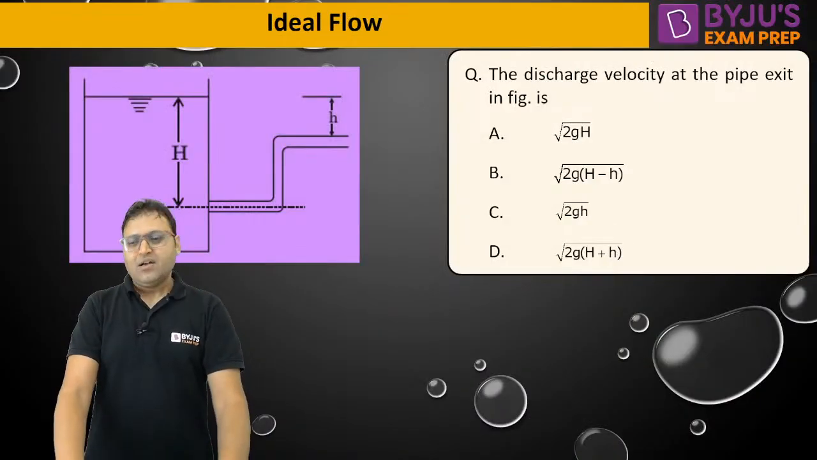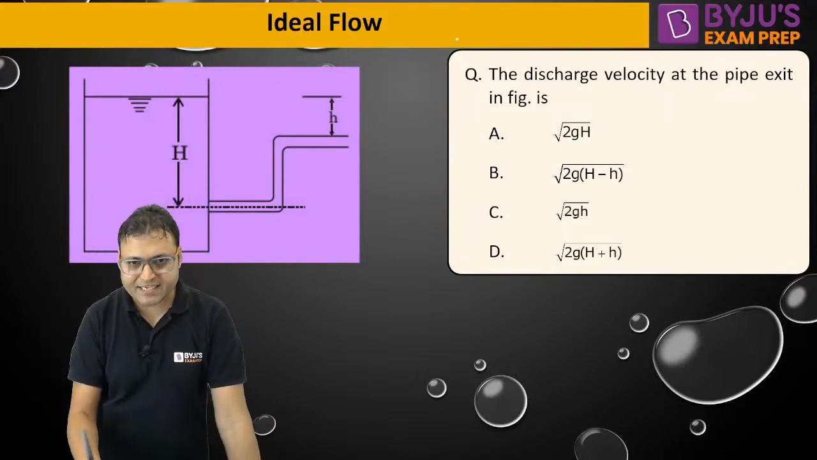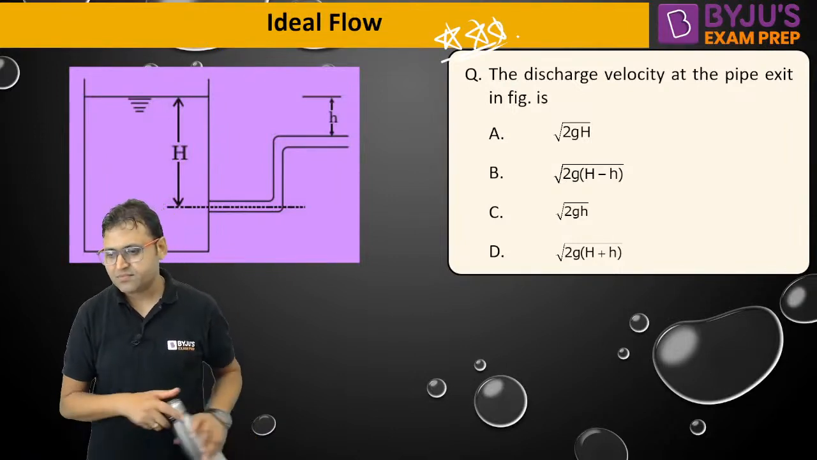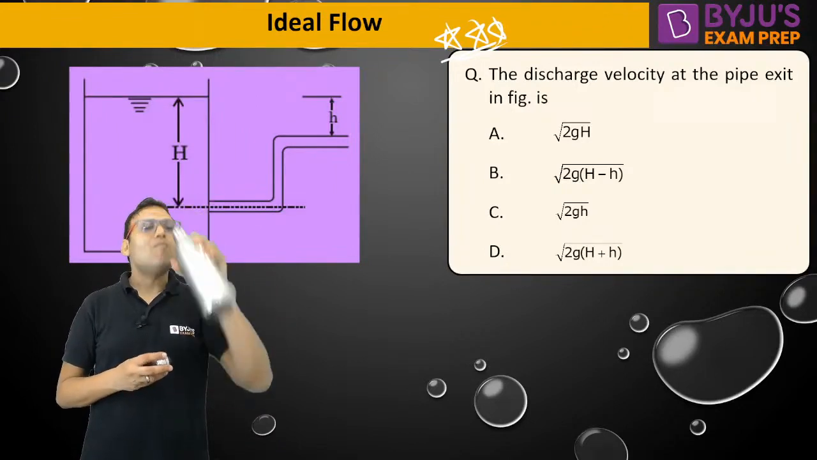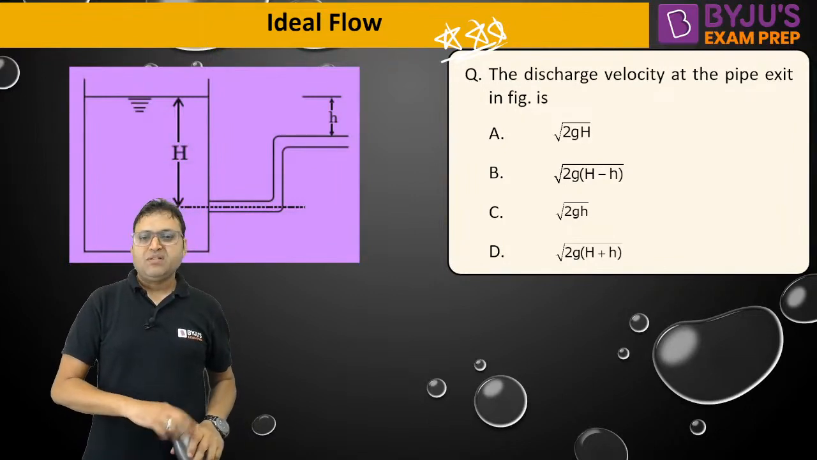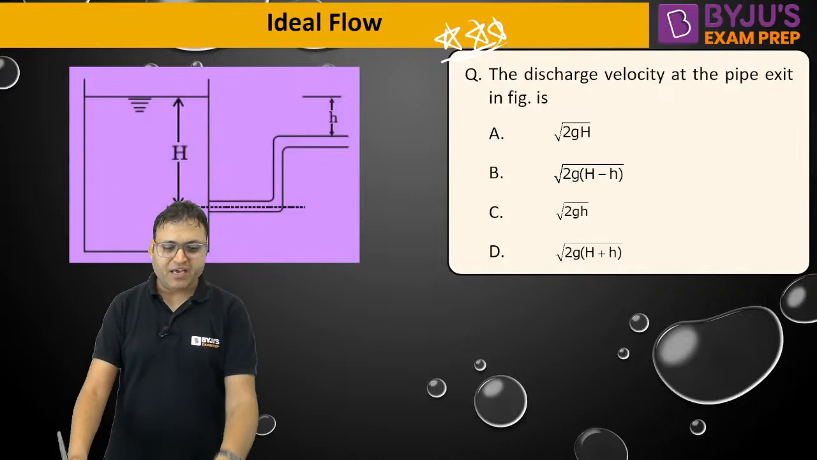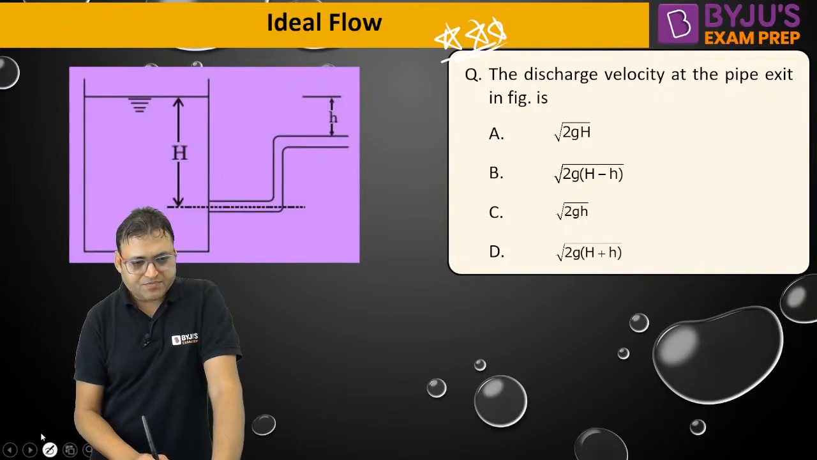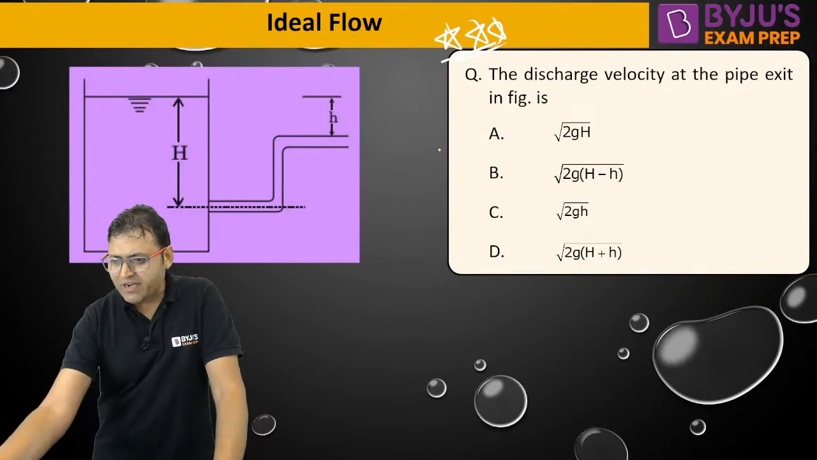All right. Another question on your screen. Yes, this is beautiful. Can you solve this question? The discharge velocity at the exit of the pipe given in the figure is. So we need to take 2 points. What is the answer? Please share your answer. What we need to do is,